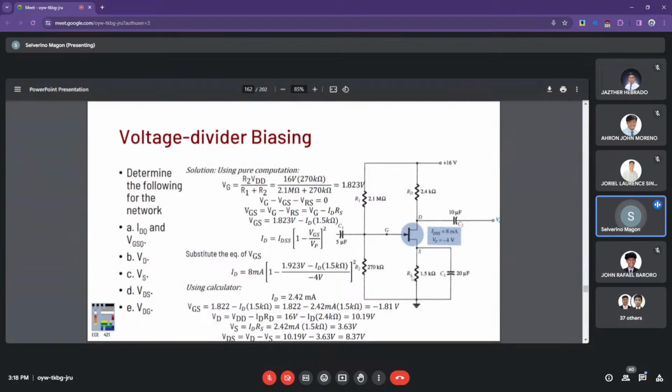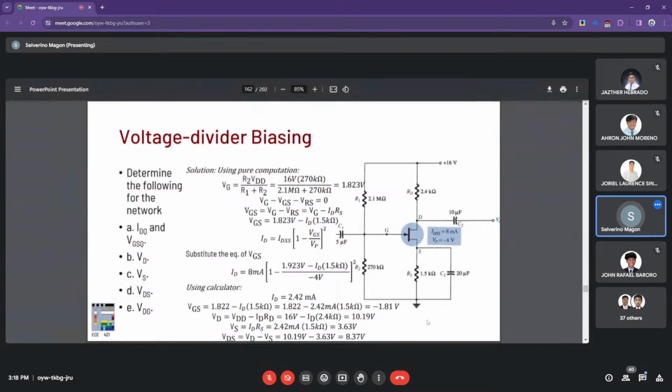No? IS is the same as ID, so you have IDRS. And so once we have the ID here, we can have the VGS at negative 1.81. As for the VD, which is directly connected to the output, again, we have the output loop,